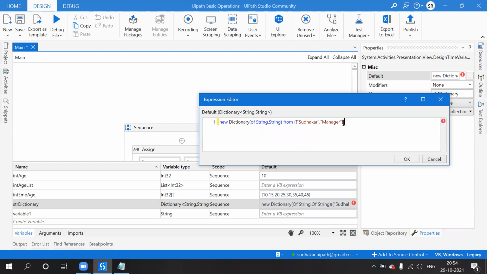If you want to create another employee, you have to use a comma, and that should be in curly braces.